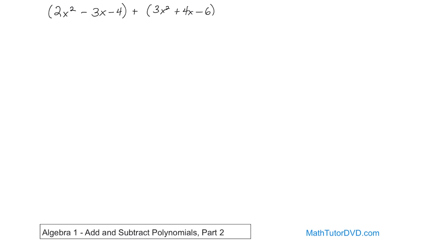All right, so you can rewrite everything and drop the parentheses if it helps you. You definitely don't have to do it, but let's just go ahead and do it in this case. So what we have is 2x squared minus 3x minus 4 plus 3x squared plus 4x minus 6. The reason we can drop the parentheses is because we can't really add anything here. So we're basically done. So we drop it, and we're just basically adding this, and we start looking for like